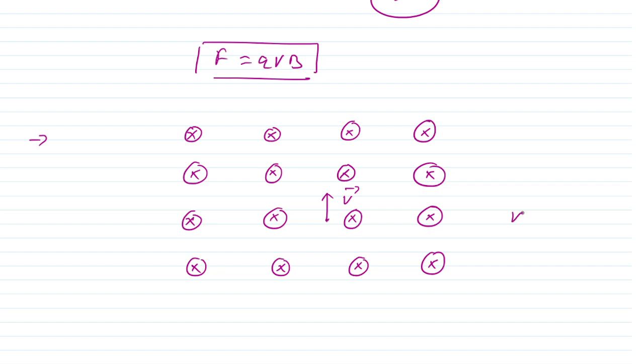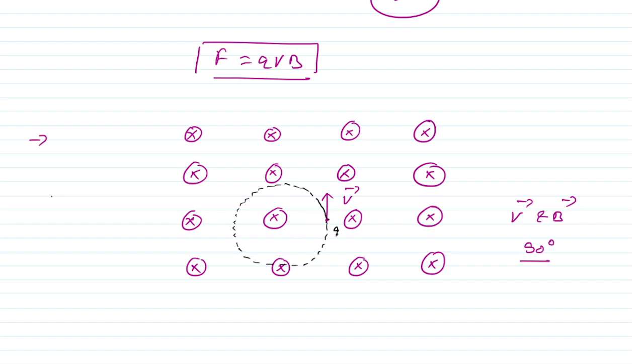So the angle between v and B is 90 degrees. So force will be qvB, and this force continuously deflects the particle, and the charged particle will move along a circle perpendicular to the field. So let us draw that diagram. The charged particle will move along a circular path